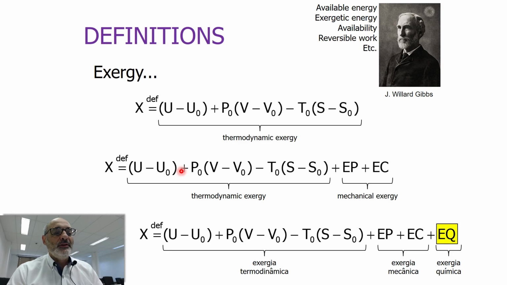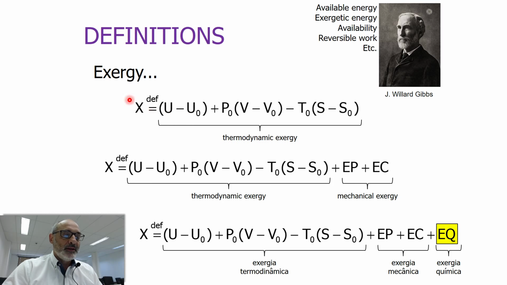Just to remind you of our definitions, exergy, also called available energy, exergetic energy, availability, reversible work, and so on, has a very, I would say, beautiful definition. So exergy is defined like this, what we call thermodynamic exergy. U stands for the internal energy of the substance, V its volume, and S its entropy. And the index 0 refers to the property of the substance when it is in equilibrium with the environment. So U0